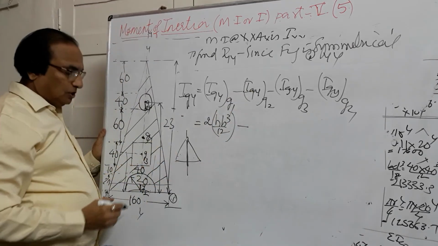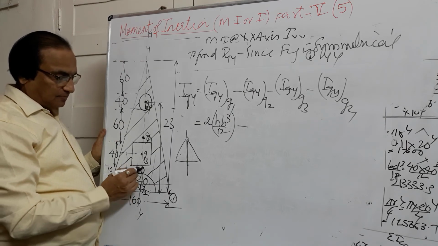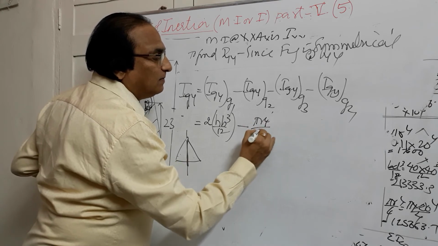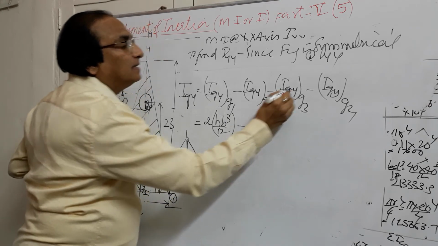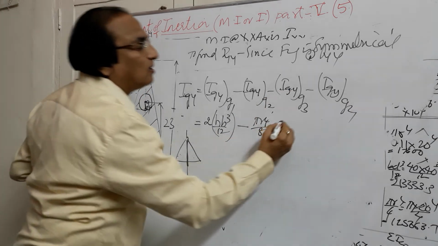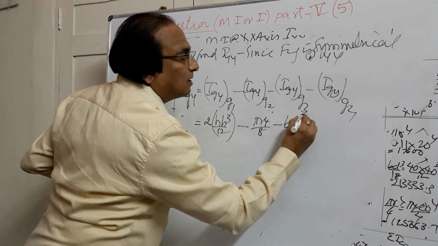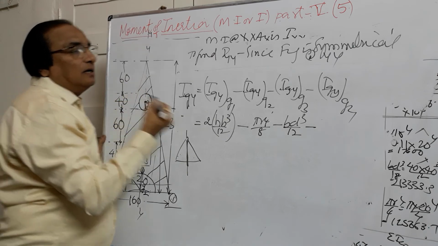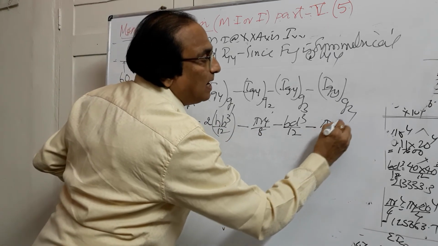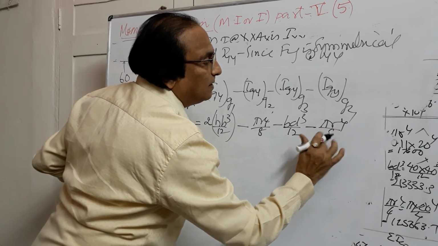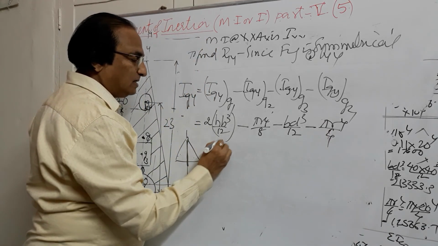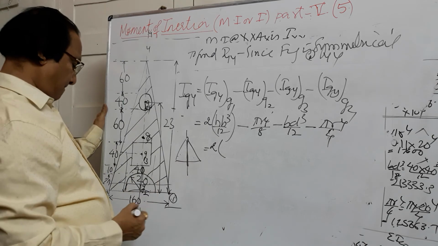moment of inertia of G2. G2 is a semicircle. It is perpendicular to the diameter. It is pi r raised to 4 divided by 8. Then G3. G3 is a square. It will be b d cube by 12, minus G4. It's a circle. Moment of inertia of circle is pi r raised to 4 divided by 4, as we have seen here. So if I simplify the value, twice of h is here